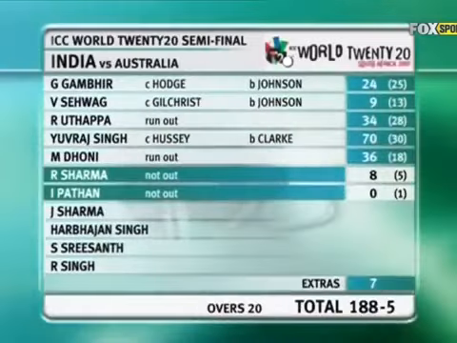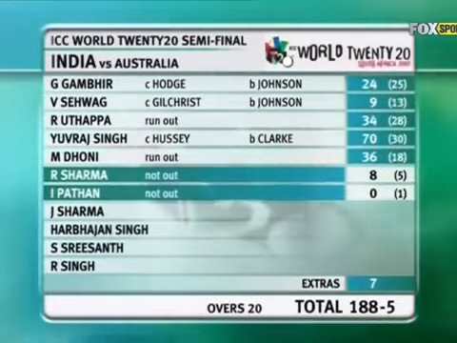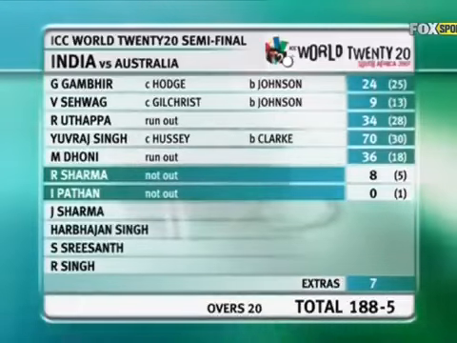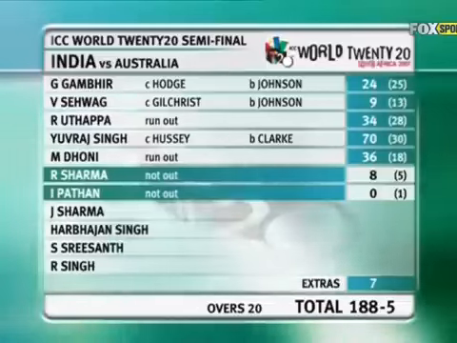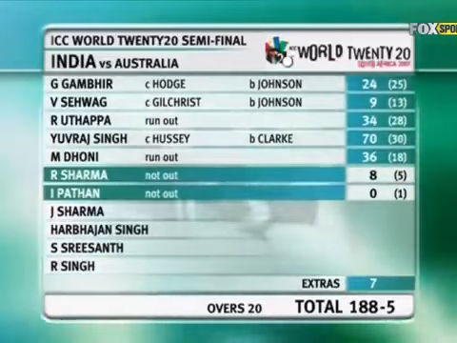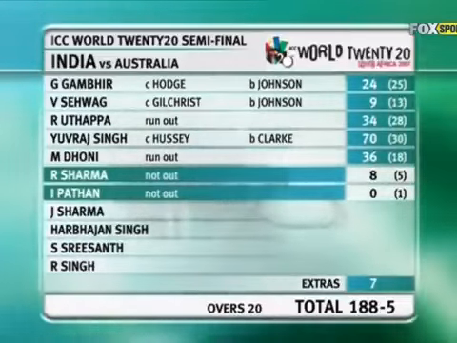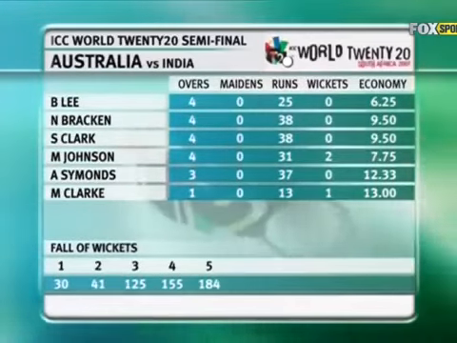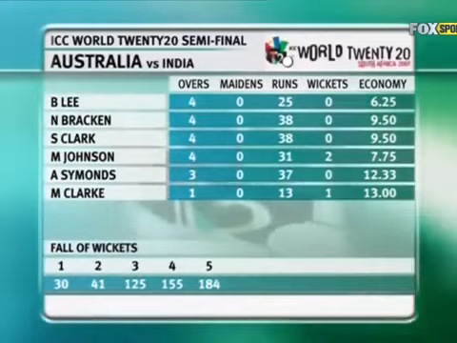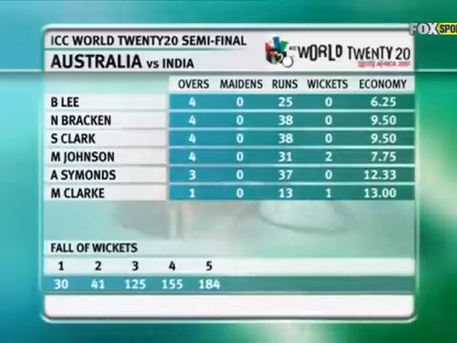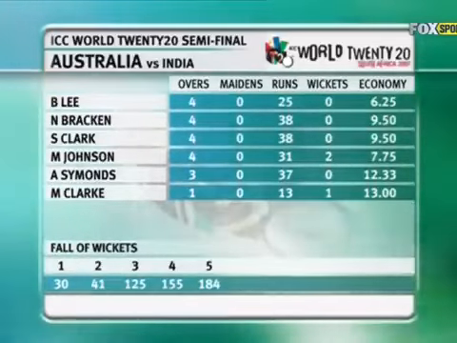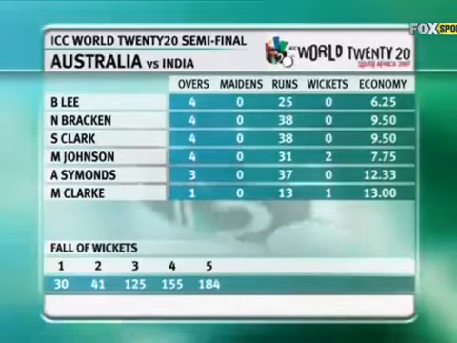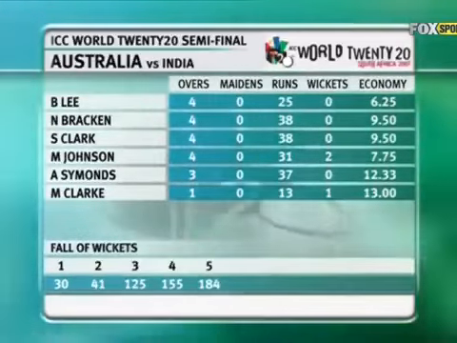5. India, a respectable 188 for 5 with a magnificent 70 from Yuvraj Singh from just 38 deliveries, 5 fours and 5 sixes, translated to a strike rate of 233, and Mahendra Singh Dhoni with 36 and his strike rate 200. The Australian bowlers, Brett Lee, none for 25 in 4, Nathan Bracken, none for 38 in his 4 overs, and Stuart Clark, none for 38 in his 4. Mitchell Johnson, 4 overs, 2 for 31, Andrew Symonds, 3 overs, none for 37, and Michael Clarke, 1 over of